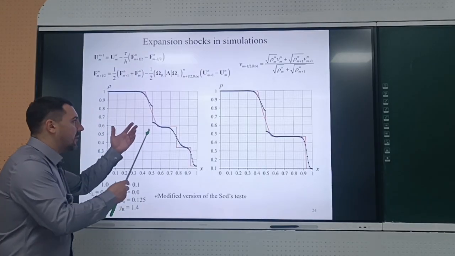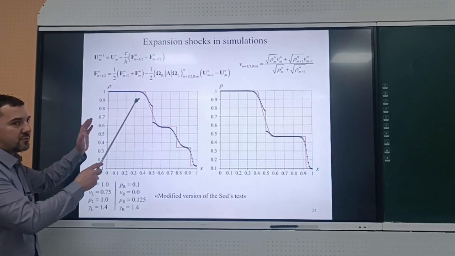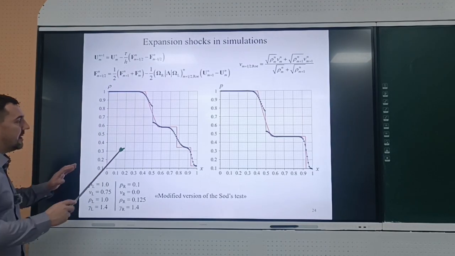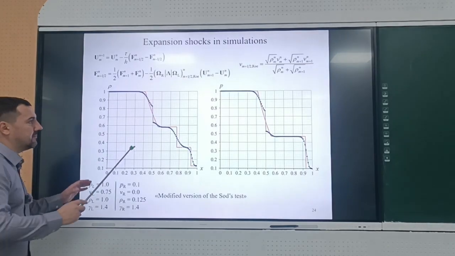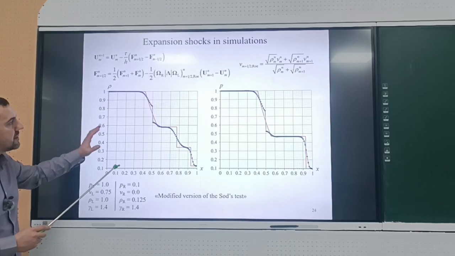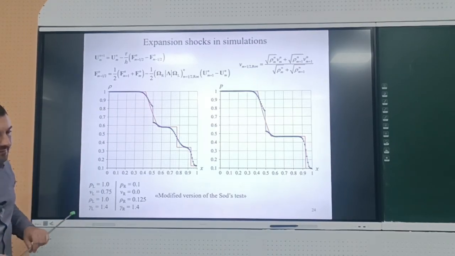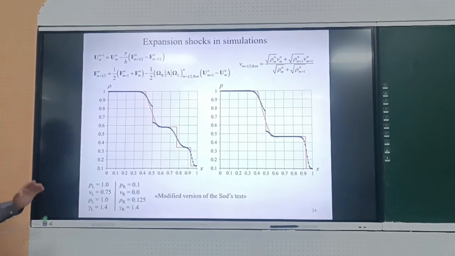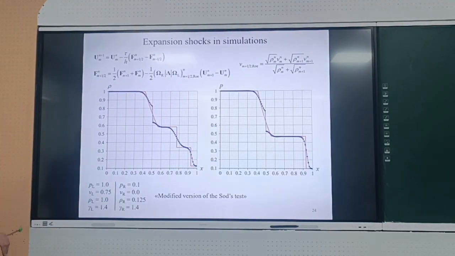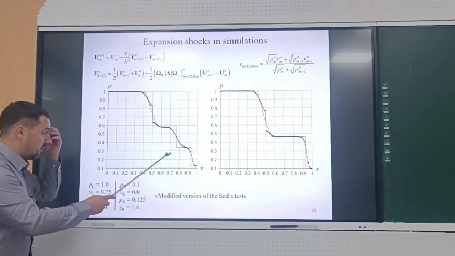But this scheme without fixes, so for sure it's possible to provide some fixes to the scheme to overcome this difficulty and to have good results. But nevertheless, the original version of this Roe scheme provides these reflection shocks. So once again, this is an example of what can happen if we do not take into account the entropy inequality. And by the way, we can also now discuss